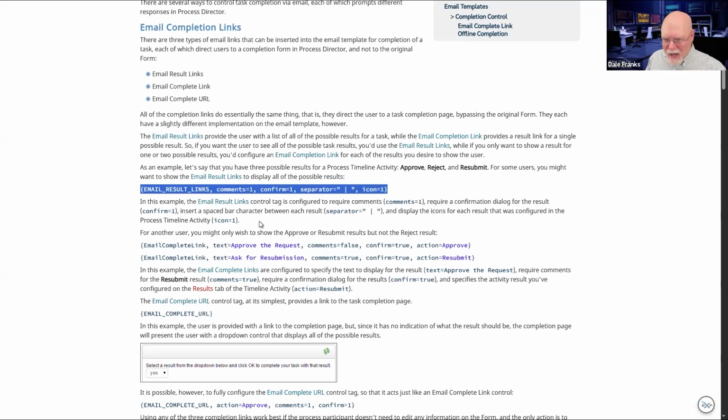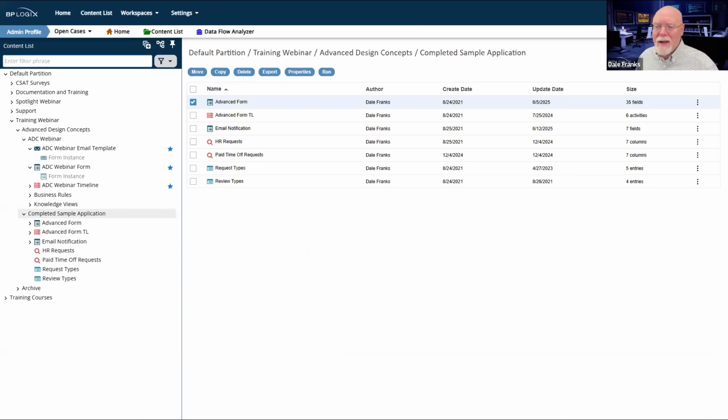The downside of the email completion links that are available to you is that it takes you, as we've seen, to that separate results form, which is a small form and easy to fill out, but it is divorced from the task itself.